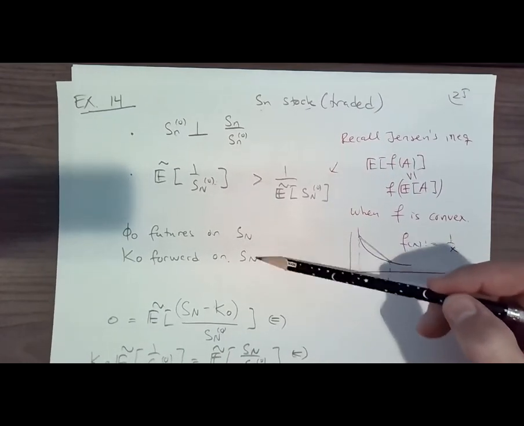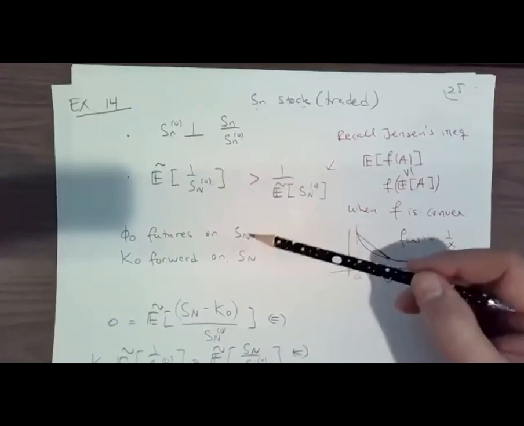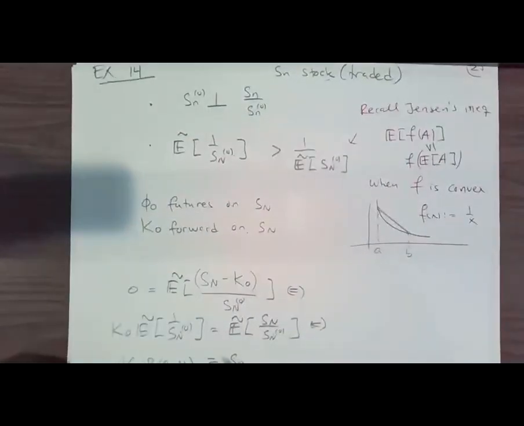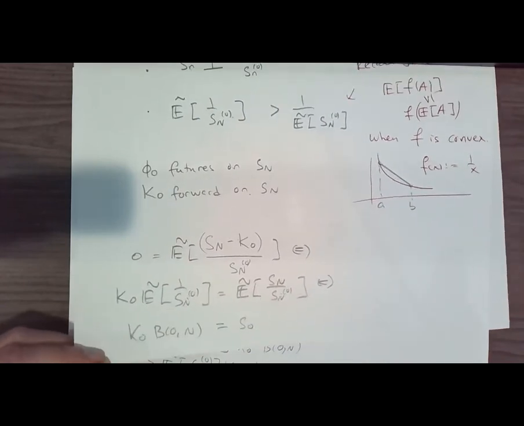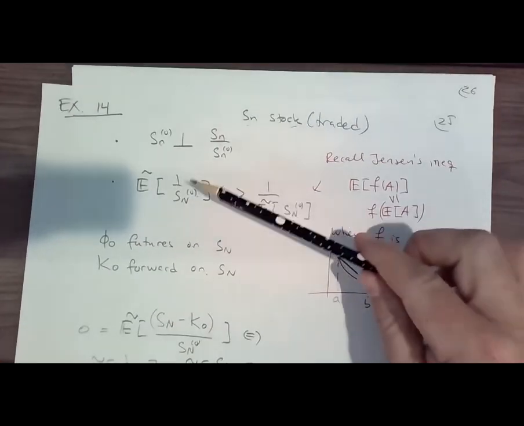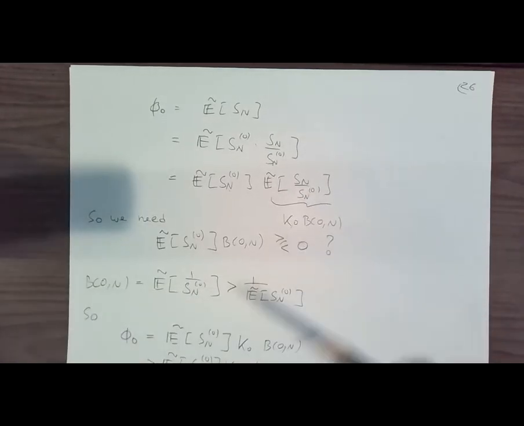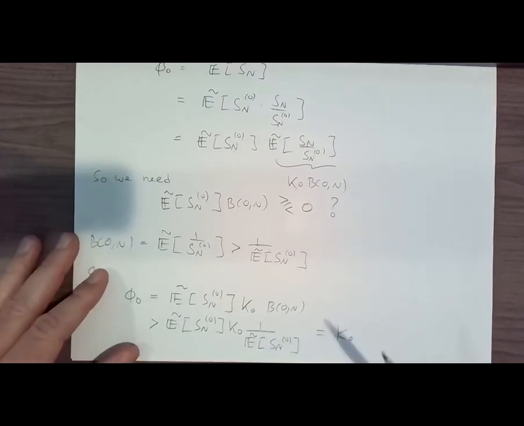This one here is harsh, and it's also harsh to say that the contracts are written on something traded. All the examples that we have seen, you're using rates, right? And so when you're using rates, you will not have this simple formula down here. That expectation here is much more complicated to compute. But at least here's an example of a case where futures and forwards are strictly different.